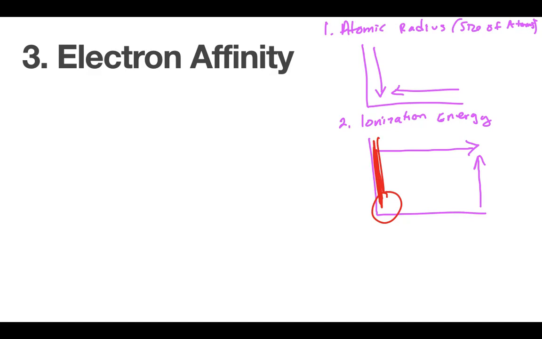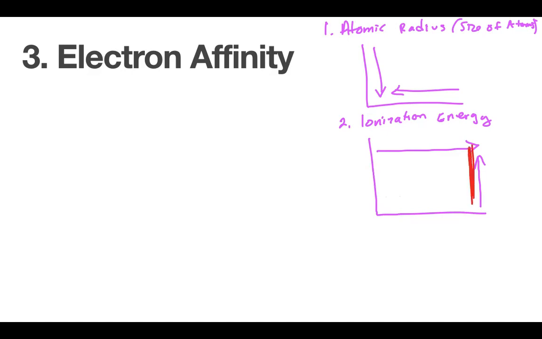But as soon as you remove that first electron, it becomes a sodium ion. It has the same electron configuration as neon. And so the second ionization energy for sodium is going to be ridiculously high. It's going to be near impossible to remove a second electron from a positive sodium ion. If you look at something on